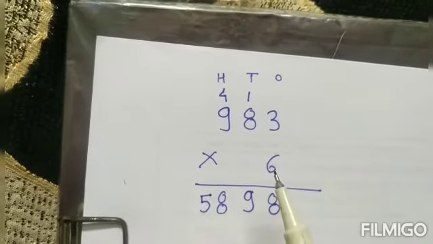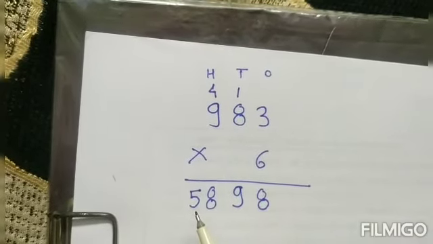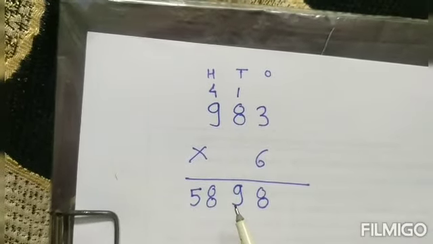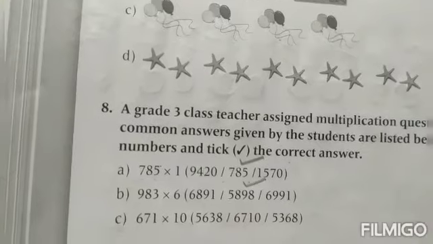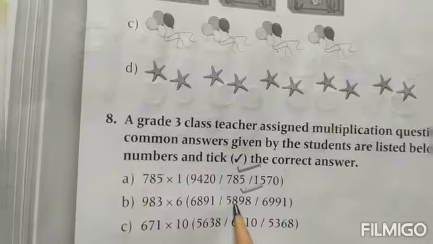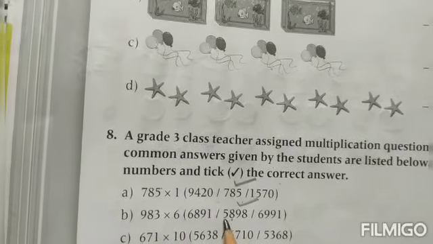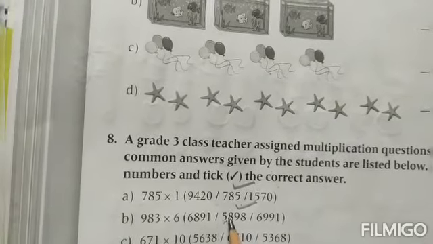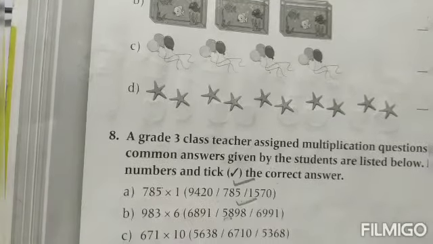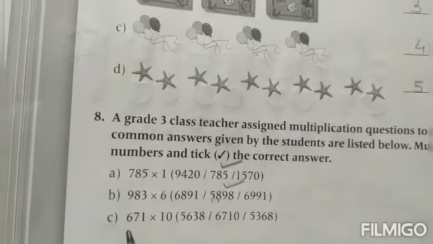Means 983 multiplied by 6, we get the answer as 5898. So here tick the correct option as the answer is 5898. Next sum is